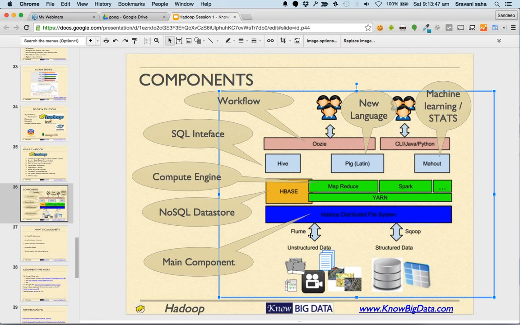So we have YARN. You can think of YARN as an operating system to which you give your program, and this operating system will execute it. The only difference with YARN is that it executes your program on multiple computers simultaneously. Now, this YARN is a very generic system. You will have to write your program in some way so that it can be distributed, divided across the whole cluster. To do that, you have to write either your MapReduce job